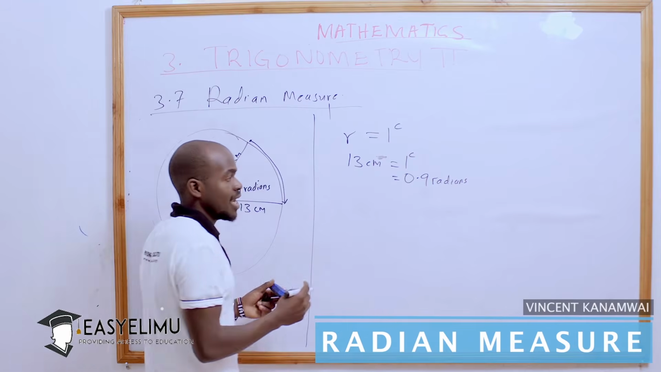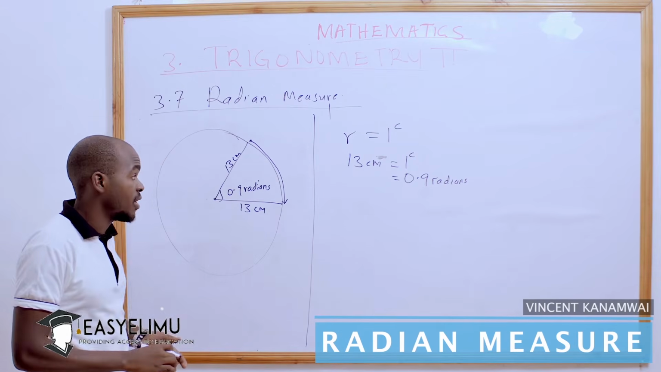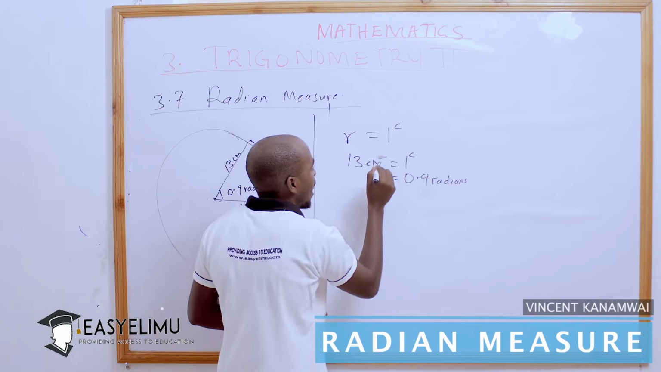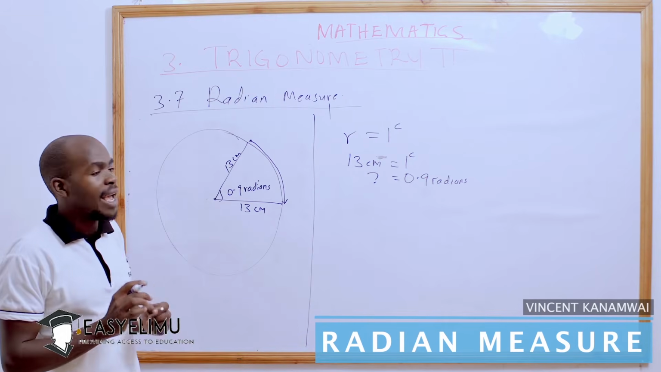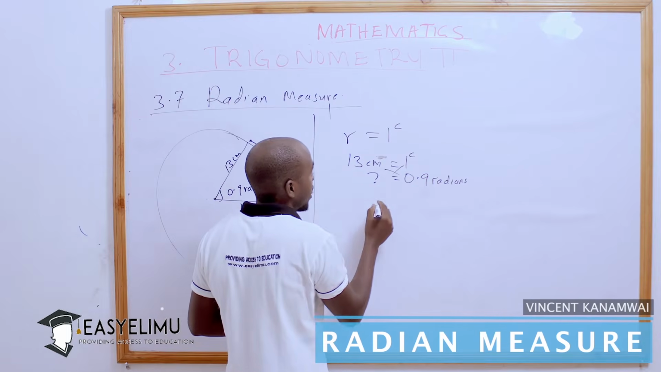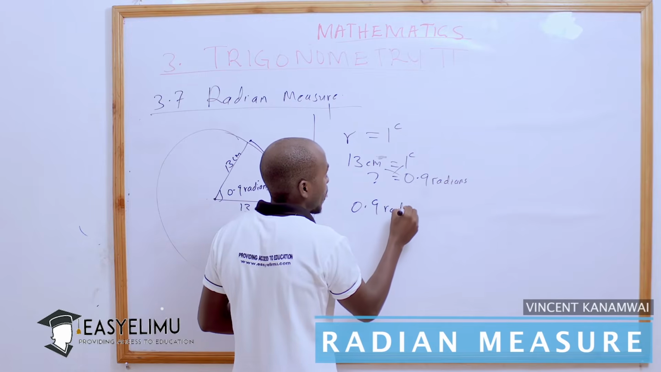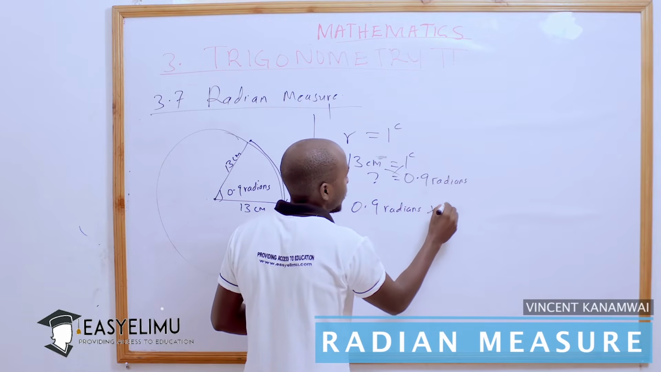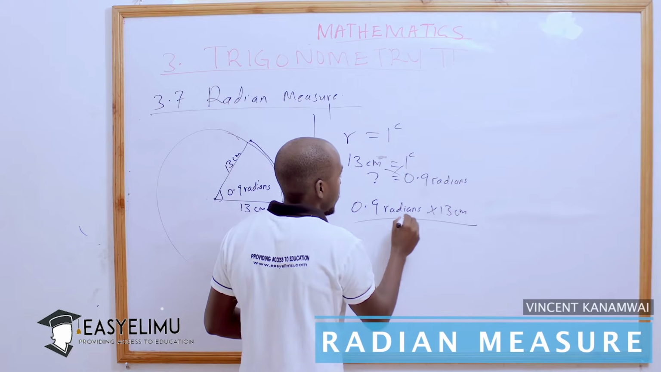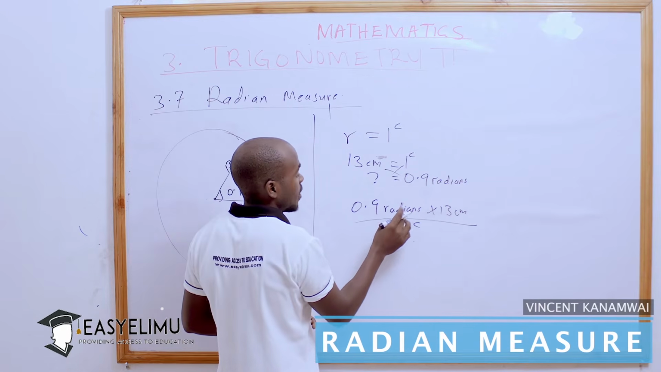The arc length subtended at the center of the circle we are having here is 0.9 radians. So what length does the arc cover? We shall cross multiply, and we shall find 0.9 radians multiplied by 13 centimeters divided by 1 radian, and you will find that this is the same as